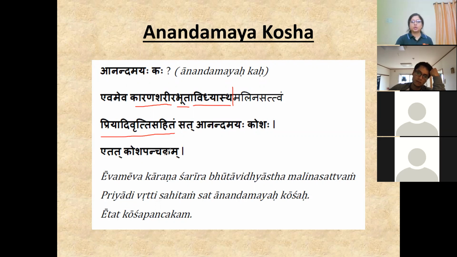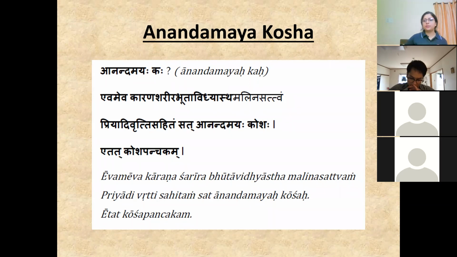And Etat Kosha Panchakam. With this, we have finished the Panchakosha. Now, as you can see, it is nothing new that we have studied in Panchakosha. We have already seen all of this in the Shariratrayam, and here we just saw the same thing in a slightly different way, right? So in a slightly different classification, we have seen the same thing again. So just a different methodology of classification. That is all. It is called a prakriya, a different methodology. So now that we have finished this,